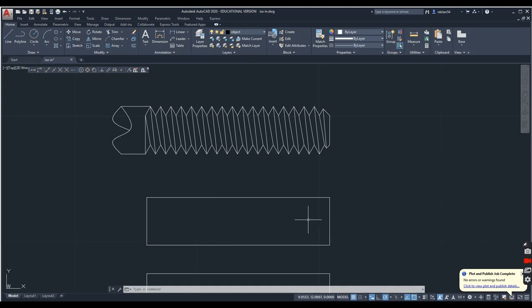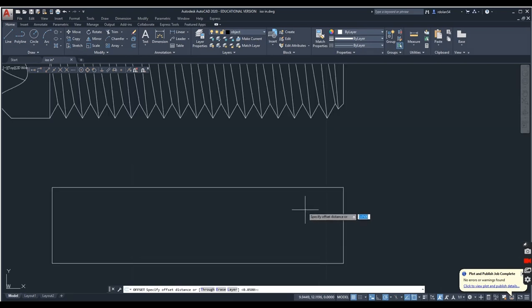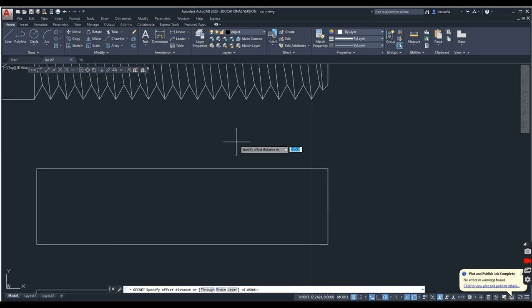Okay, now I'm going to draw the schematic. So what I'm going to do is offset here and here, and here and here, half of the pitch. Okay, and then half of the pitch up top, and the whole pitch down the bottom. So I'm going to zoom up here a little bit, and I'm going to offset 0.021 here. I'm going to offset 0.042 here. I'm going to offset 0.021